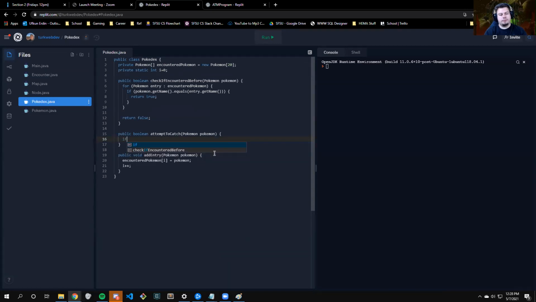If Math.random is less than or equal to the Pokemon's getChance, let's say they have like a 65% chance of being caught. If this random number generator generates 0.65 or less, then